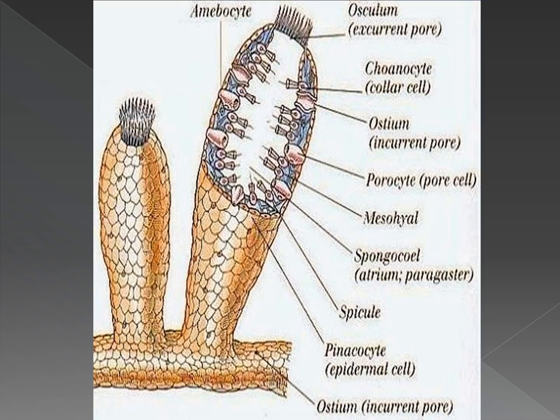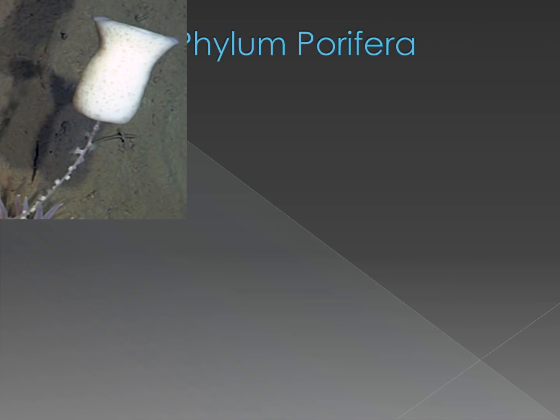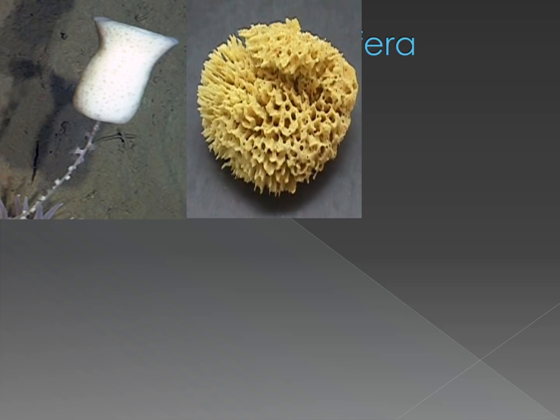Porifera are normally attached to the substratum, that is, there is a layer below onto which they are attached, and that is why they do not move, or you can say there is no locomotion in these animals. They reproduce by budding. That is, a small bud will arise on the surface and eventually it will grow into a new organism. They even show the property of regeneration. Regeneration means if any part of the body is cut, then that part can again give rise to the entire organism. The examples are Hyalonema,